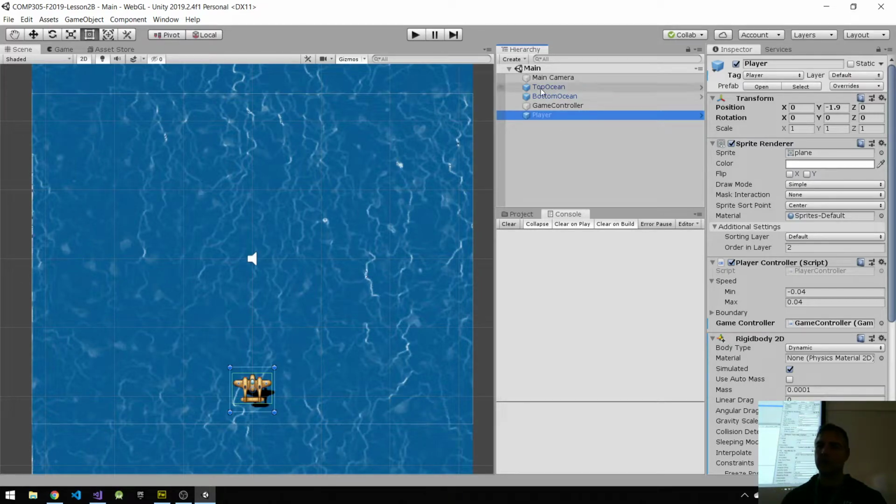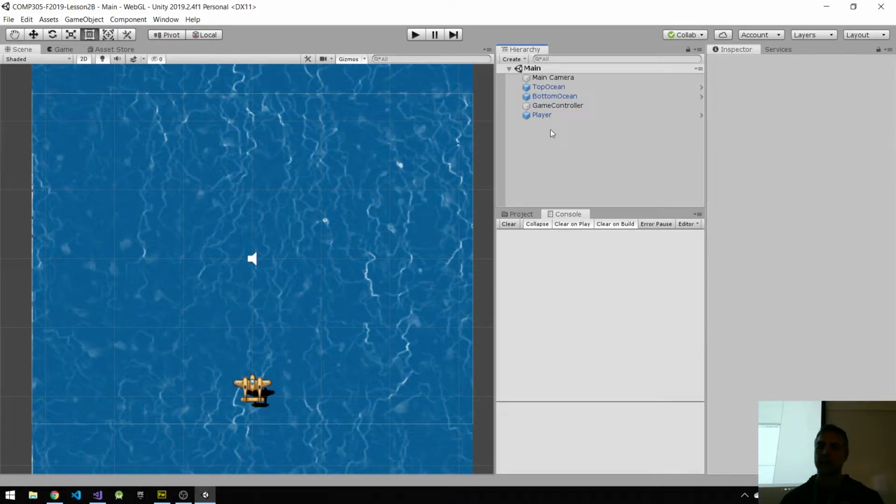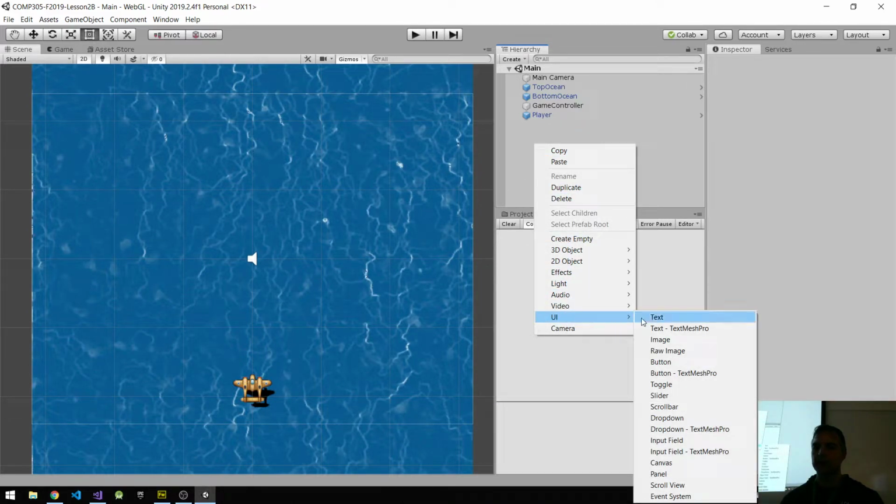So again, game controller is going to be my main access, but for me to do this, I want to create a canvas first that's going to show my score. So again, I'm right clicking here and I'm going to add a new UI object. I'm not going to use Text Mesh Pro this time around. I'm going to wait for the platformer example. I'm just going to use simple text objects. So text,